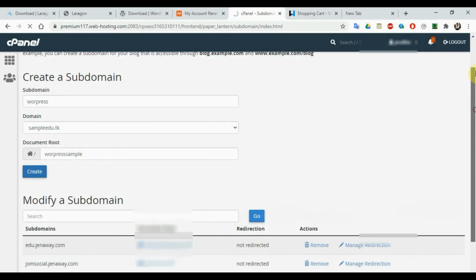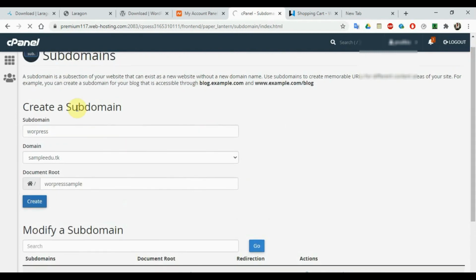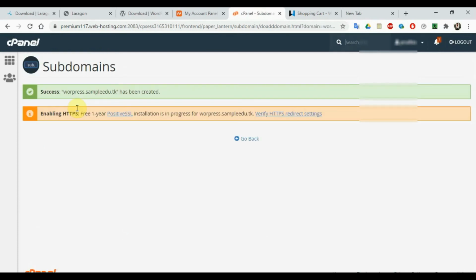Yeah, then you click on create. I just added a subdomain. Why am I adding a subdomain? I'm adding a subdomain because I already have a site on sample.edu.tk. That's why I added a subdomain, so that when we build our WordPress, we can access it from WordPress